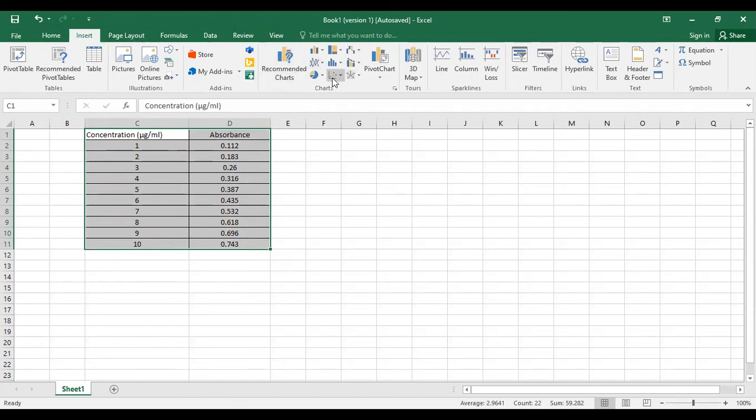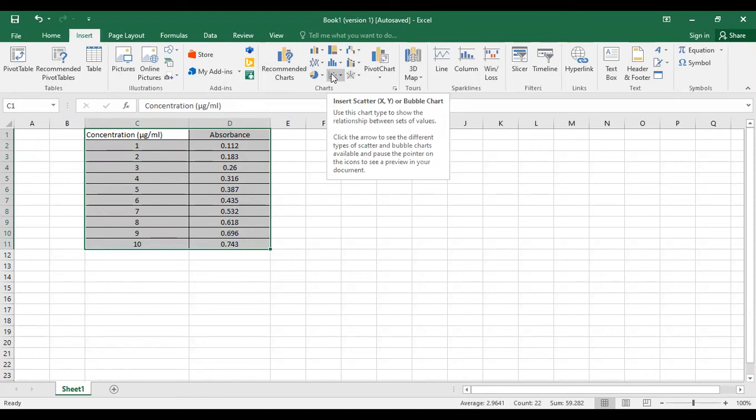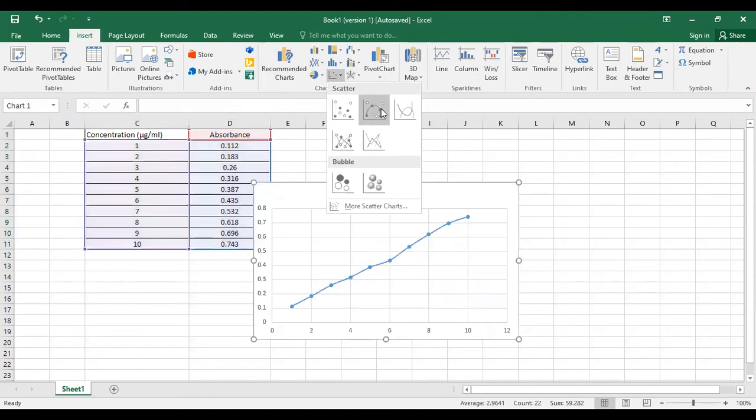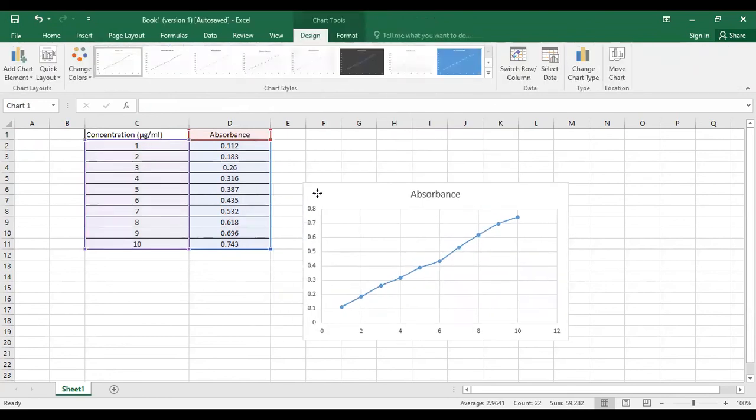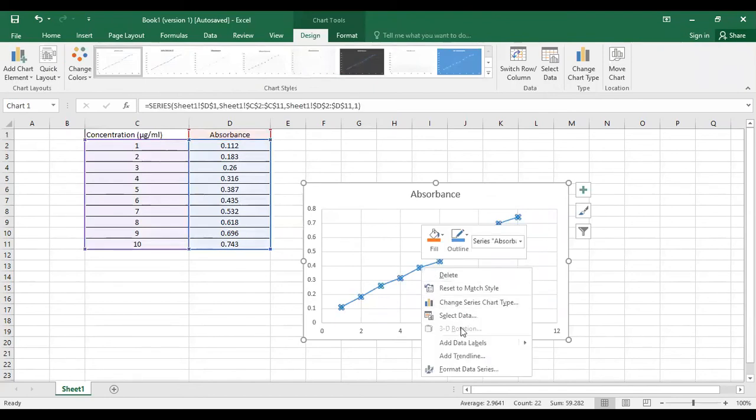In insert, click on the insert scatter XY bubble chart, and you get the calibration curve. Select any one point and right click on that point.